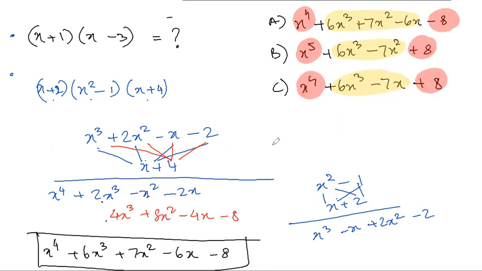Now what's in the beginning here? x to the power 4, the highest power of x that you get. That will come by multiplying this x with this x squared and this x. So x with x squared is x cube, with x is x to the power 4. So it will be x to the power 4 as the first term, positive, without any other coefficients with it. Straight away B is wrong because it says x to the power 5. Done. Okay, the next step is to look at the last term.